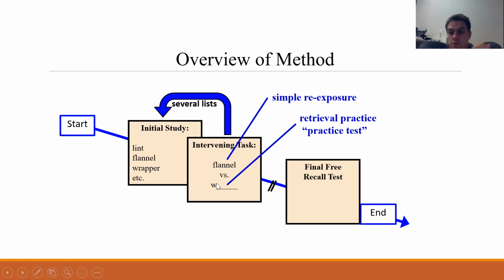Sometimes you just have to retrieve it from memory. Sometimes you get the first letter. That's called cued recall. Sometimes you do it multiple choice compared to a restudy condition, stuff like that, right? Those are manipulations that people have done fairly recently. Another interesting thing that we'll get to, I keep jumping ahead, is looking at different time intervals. Say the time interval between the initial study phase and the practice test, and also the time interval between the practice test and the final test.